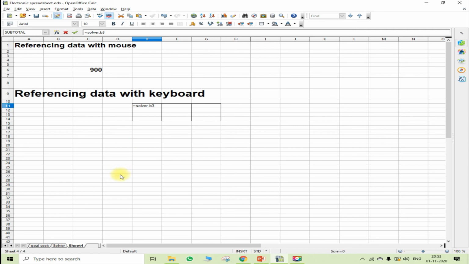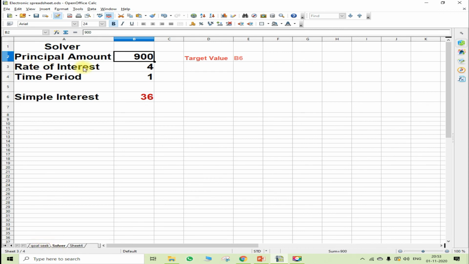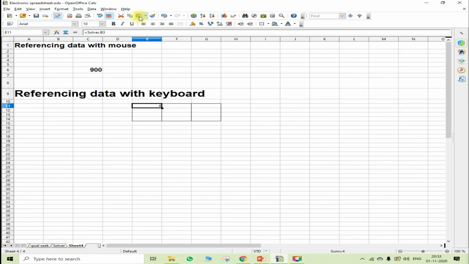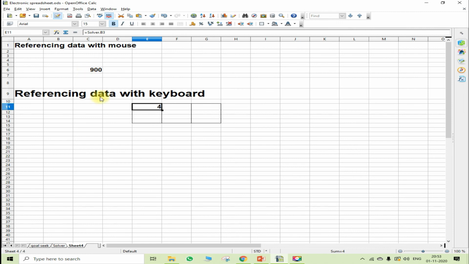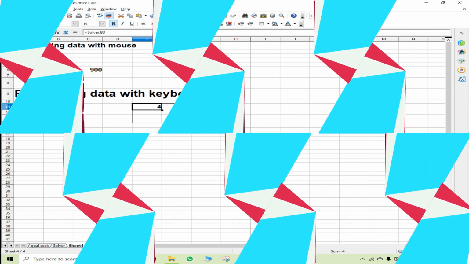Click OK, accept from here. Now just see, in solver B3 you have this rate of interest, which was 4. So again in sheet 4 also you are getting the same number over here. So this is how you can reflect the data with the help of keyboard also.